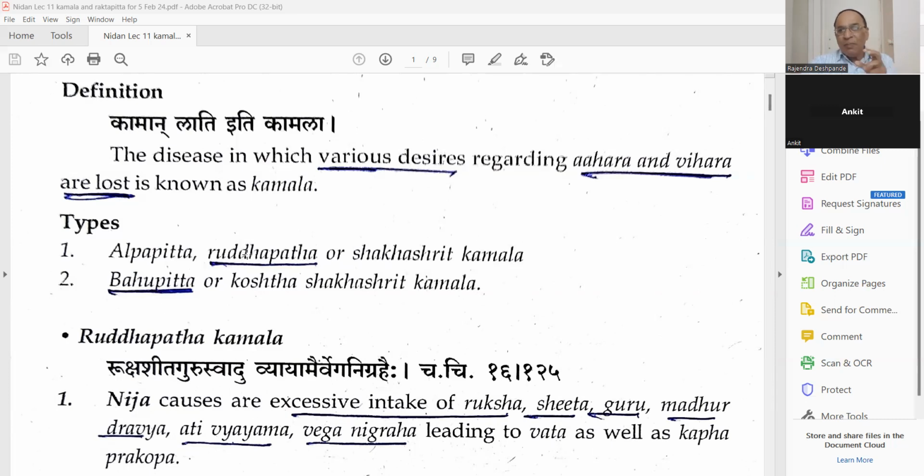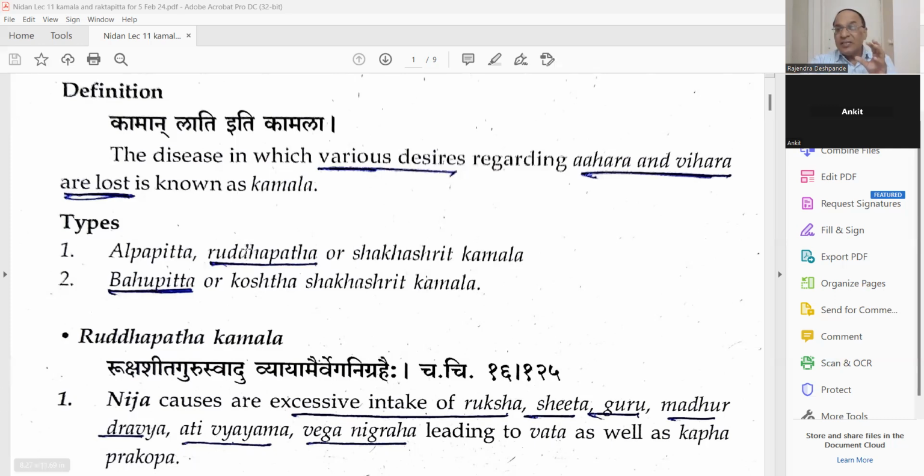This is Ruddhapatha, the normal jaundice, like infective hepatitis because of virus A; that is Ruddhapatha Kamala. Even obstructive jaundice because of bile stones is also included in Ruddhapatha. So Ruddhapatha is our normal jaundice. When we drink contaminated water, take ice, or sugarcane juice in the rainy and summer seasons, people have epidemics of jaundice, Kamala. So that is Ruddhapatha.